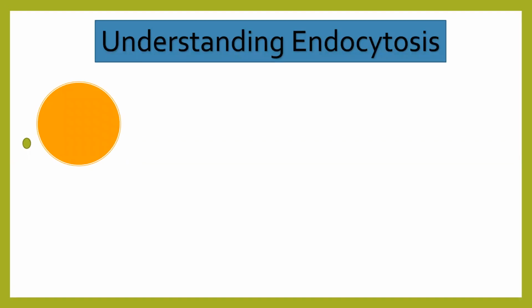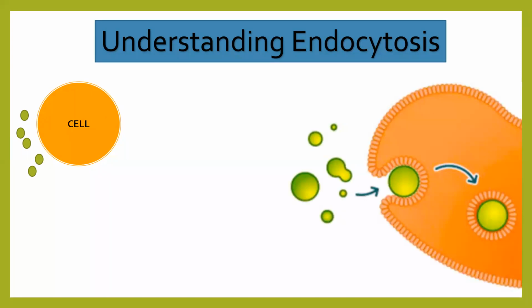So the first thing is we'll be understanding what is endocytosis. In front of your screen, the orange color which you are able to see is nothing but a cell. And beside the cell is the food available for it. Now what is going to happen? Slowly and eventually, the cell is approaching towards the food and it is going to get the food inside it. Let's have a look at the big picture. The particles are taken in by the cell, and this is called endocytosis, something entering the cell.